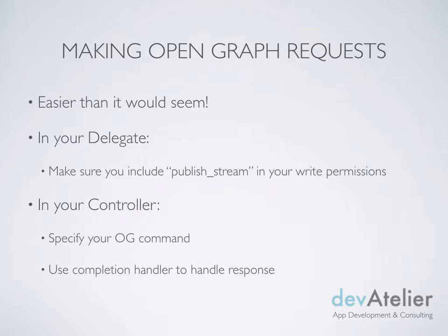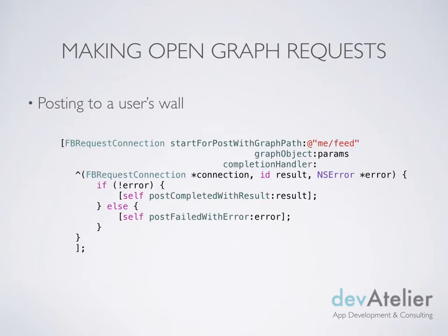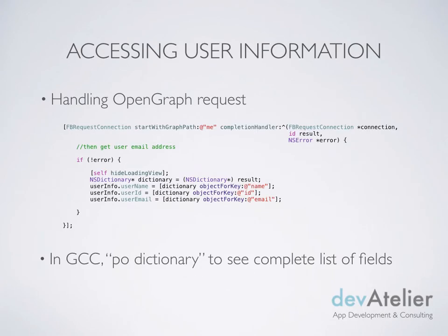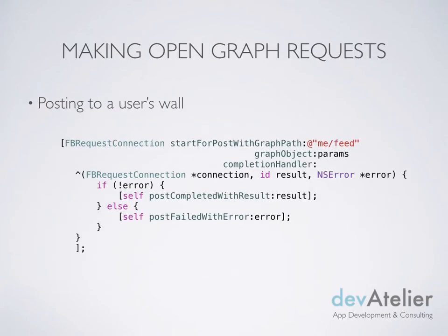So let's show you some code. So, posting to a user as well. We're using a similar API to what we had before. When we were getting information, we would do Facebook request connection, start with graph path, right? When we're posting, we do start for post with graph path,